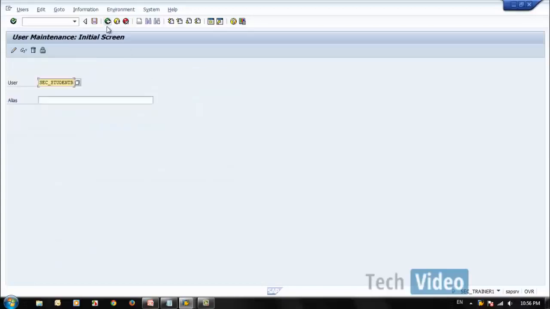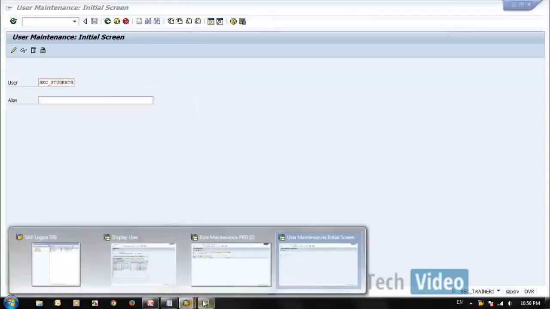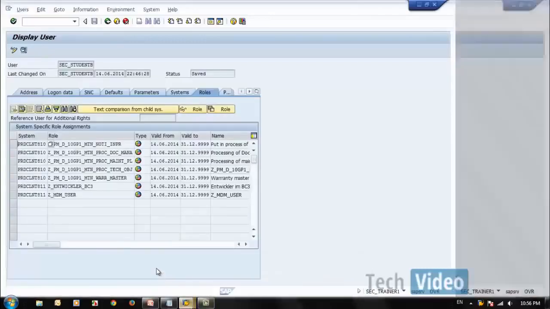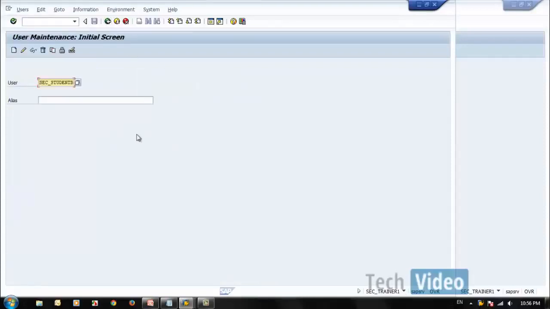Okay, so let me go back to client 810. Now let's say I wanted to reset my password in 811. I don't want to reset the password in this client 810.